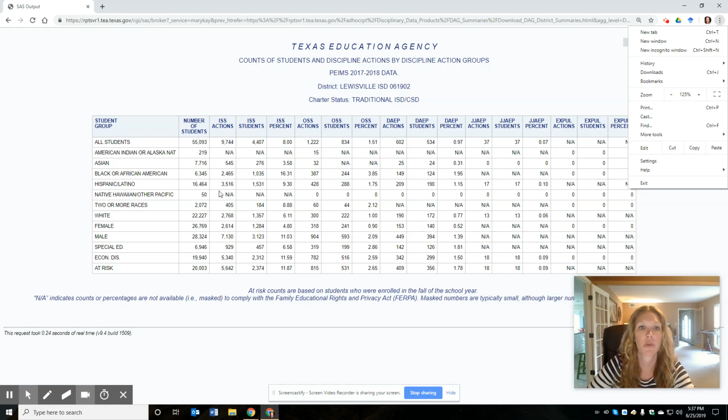And what we're looking for when we interpret these is disproportionate numbers of students getting certain types of disciplinary actions. So first off, let's talk about this part up here. ISS, in-school suspension, OSS, out-of-school suspension, alternative education, which is about disciplinary alternative, so usually with the district. This is juvenile detention or juvenile justice alternative education program, and then expulsion.